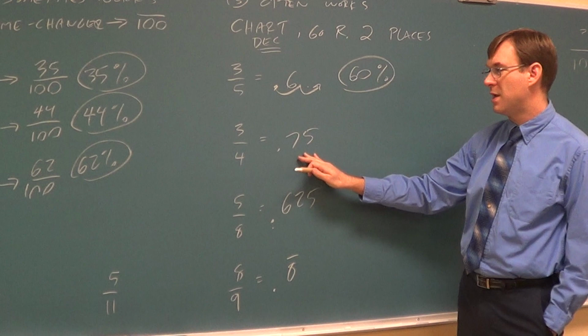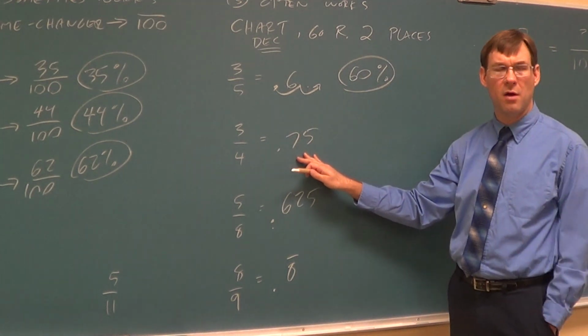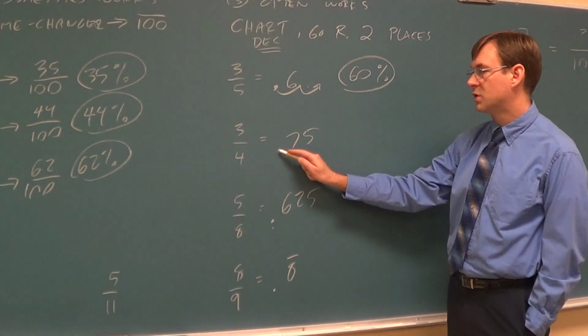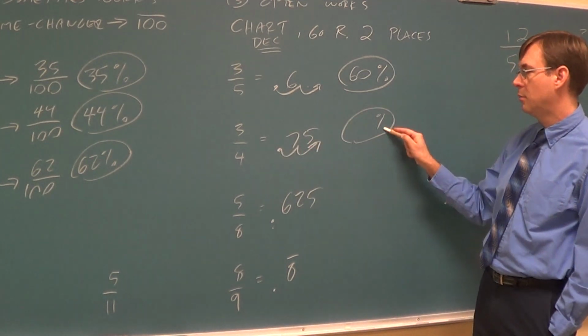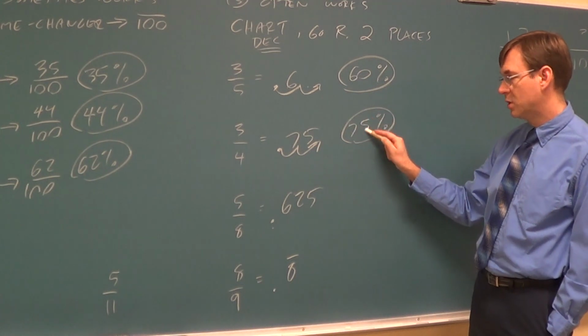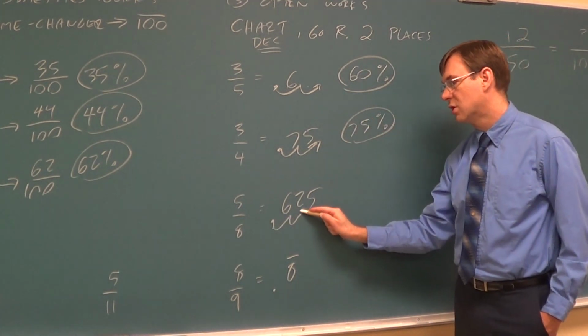If you happen to be looking at a fraction and you're like, oh, I know this one, that's going to be a little quicker. So the 0.75, bounce it right twice, that's going to be 75%. This one, if you bounce it twice,